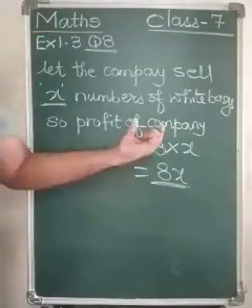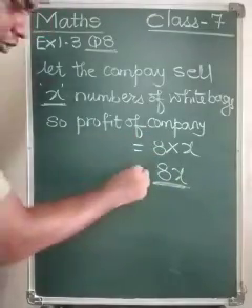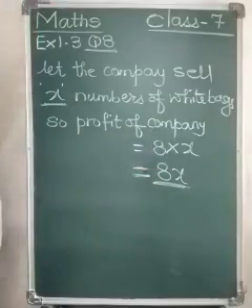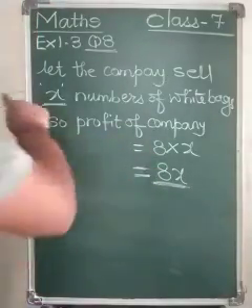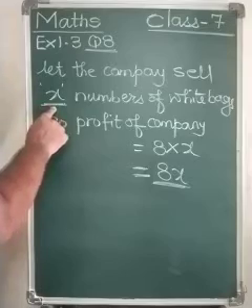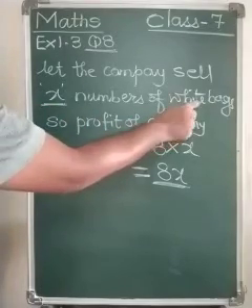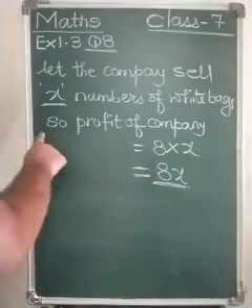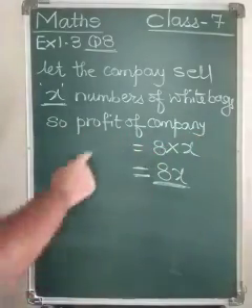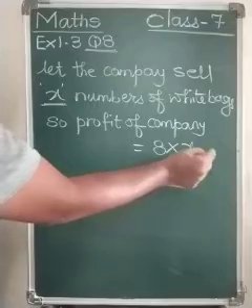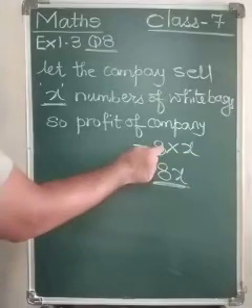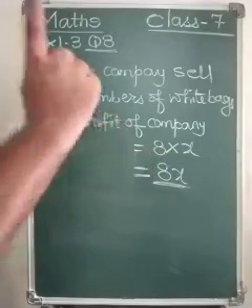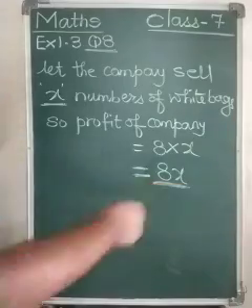This part is quite tricky, but in 4th lesson you will be able to understand this. So again I will explain. We have taken a variable x for how many bags are sold, that is white bags sold. We don't know, we have to find out the x. And so the profit of the company earned on the number of bags sold, number of bags is x multiplied by 8 rupees per bag, so we get 8x.